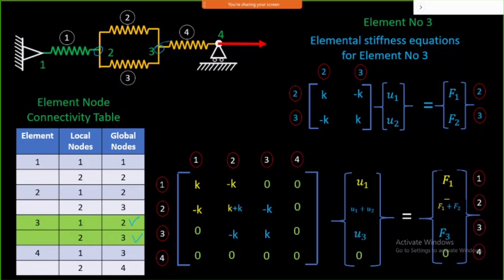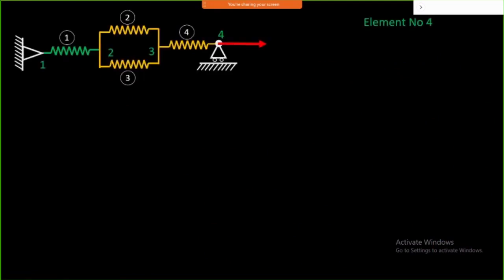Now we'll look at how this will be added into this. So this particular element will be included here. Then this is again going to be included here, minus to minus, plus to plus, like this it will work out. And in the same way we can work out the displacement vector, the force vector, and so on. So now we'll look at element number 4, how it gets added into your stiffness matrix.